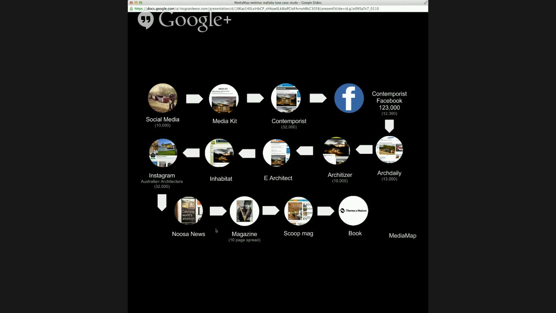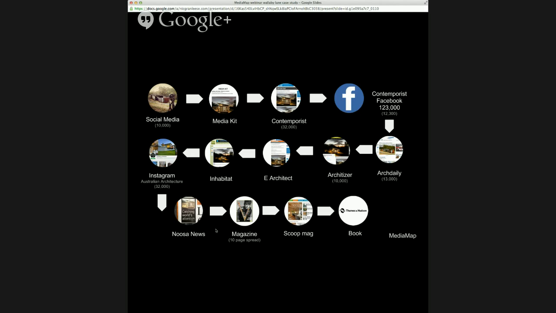Not to mention that because all the other blogs are talking about him, if you start to type his name into Google and things like that, he's popping up much higher now, and people can find out about his projects much easier. So that's some of the large benefits. It's about building this footprint so that if people are starting to type in architecture in your local area, you've suddenly got all these blog posts around the world.